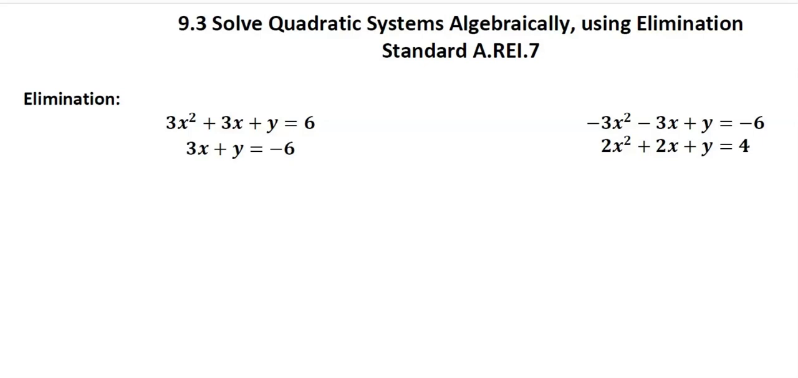In elimination, what we're going to try to do is either add or subtract one equation from the other in order to eliminate one of the variables, and then we just have one equation and one variable, and we can solve that and then go back and find the value for the other variable. So in this case,